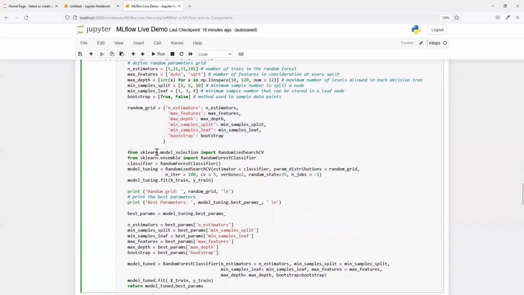Then again I'm importing the library, RandomizedSearchCV. This will be used for hyperparameter tuning, along with our random forest classifier. So let's initialize the classifier again, and then pass everything inside RandomizedSearchCV. So estimator, that is the model, the classifier; param_distributions, that is the random grid, this one, right? And then n_iter, how many iterations I want to run, and cv, like 5-fold cross validation. Verbose, like what kind of output you want to see, like up to what depth,